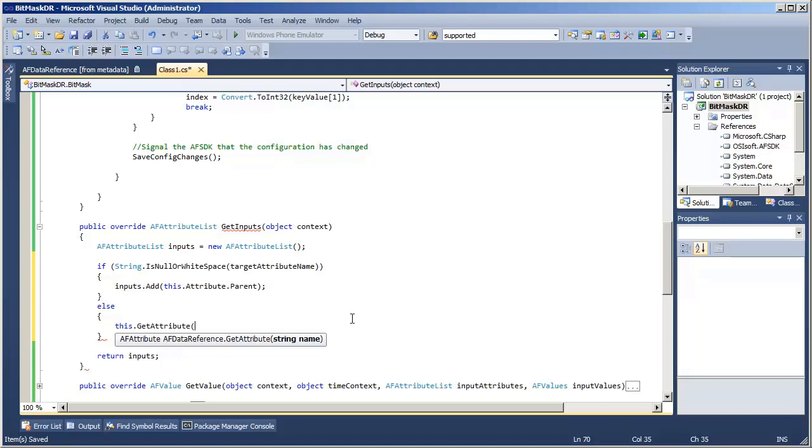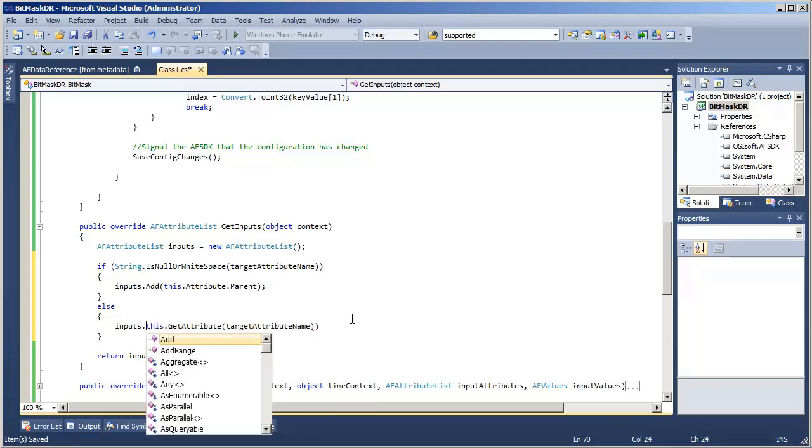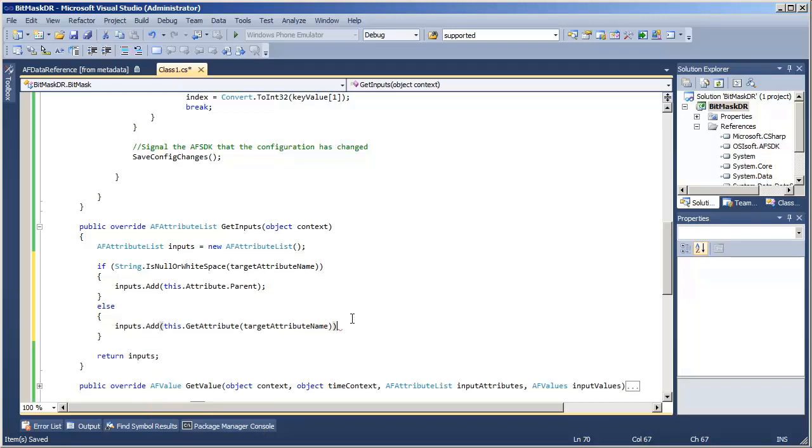We don't have to do any fancy magic. It's already going to be found and resolved relative to this data reference's attribute. So here we can just say that someone passed in the target attribute name, and we will add that to our inputs. Now in real life, we would be crazy not to do a little more error checking here, but for now this will get us going.